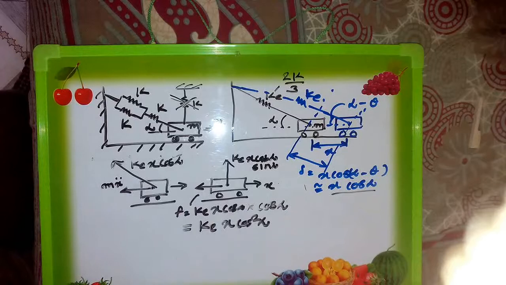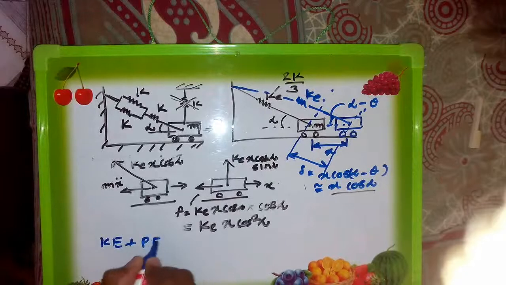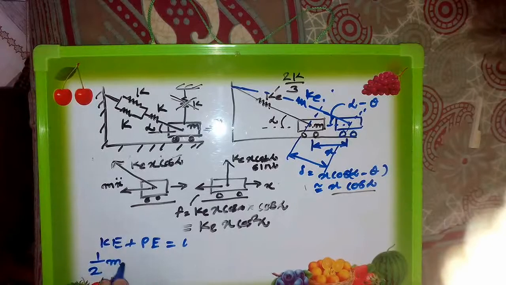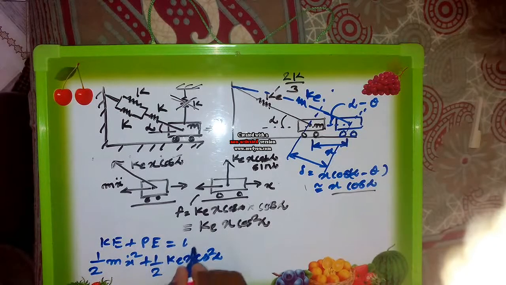Okay, now we start with the actual analysis. Fine. So as per the energy method, net kinetic energy plus net potential energy of the system remains constant. So first of all, net kinetic energy, which is equal to 1/2 into m into x dot square, plus 1/2. Now what is the force along this direction? So it will be 1/2 K equivalent into x cos squared alpha. Is it fine? So it will be K into x squared cos squared alpha.